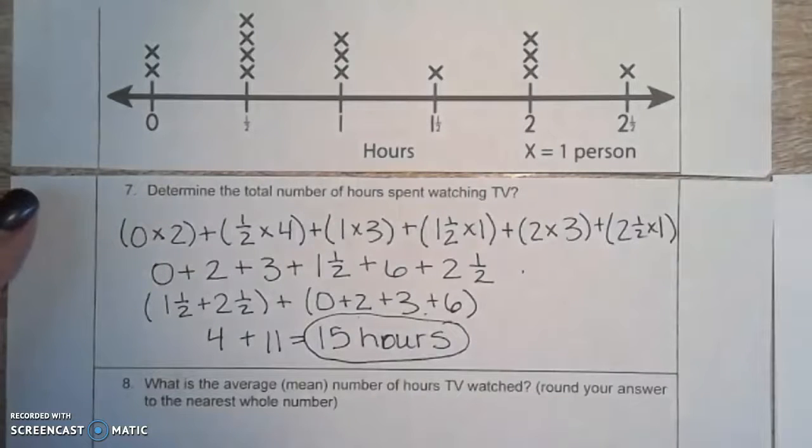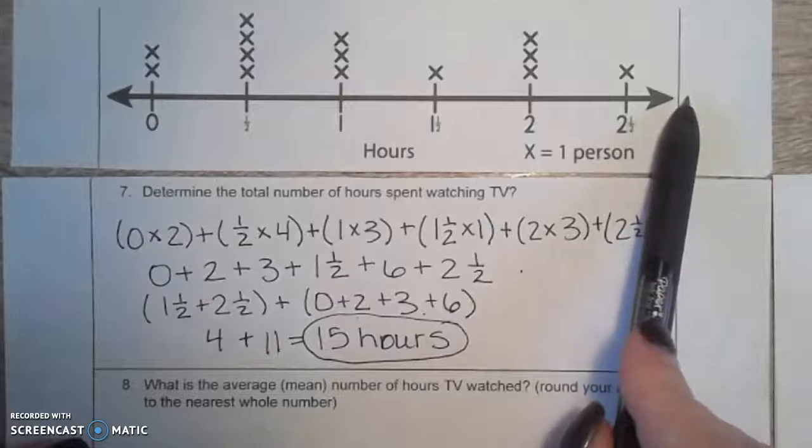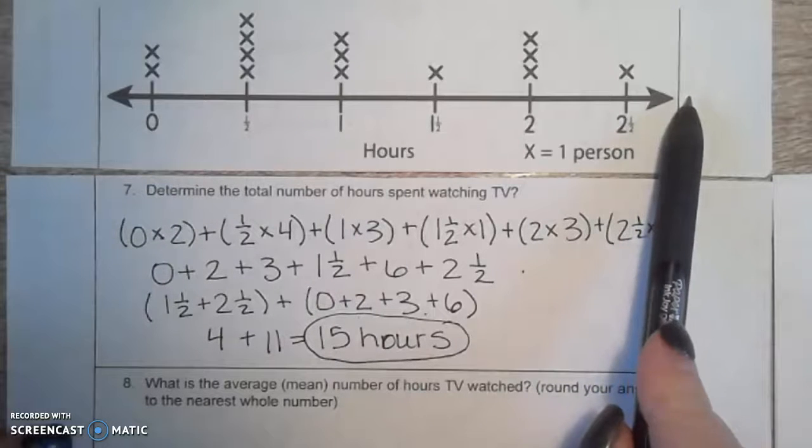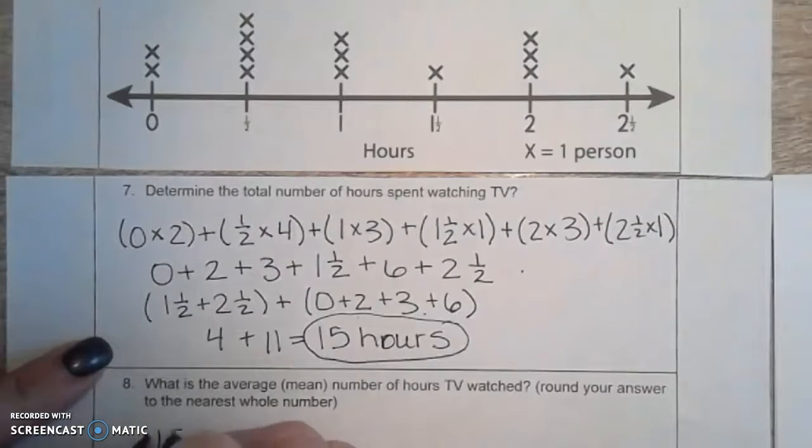Last problem, what is the average or the mean number of hours that were watched on the TV? Round your number to the nearest whole number. So again, I have to kind of know what the average or the mean is. And in this case, I know that you have to add up all of the data first. That was my step 1 from Mrs. McCafferty, which it looks like I actually did on problem 7. So I really have 15 hours